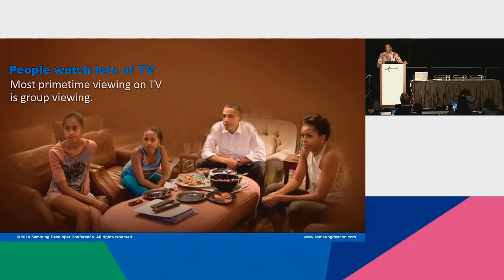So the next couple of slides really illustrate how much people watch TV, and I'm not sure all of us are always aware of that. Computers, tablets, and mobile devices are all used individually. In contrast, people watch TV together. It's communal, especially during prime time. This may be both an opportunity and a challenge for TV app designers. For example, an app may enhance the TV experience for one individual viewer, while at the same time it could be annoying and irrelevant for a group of users.